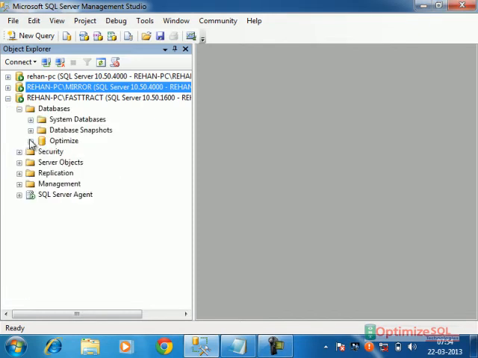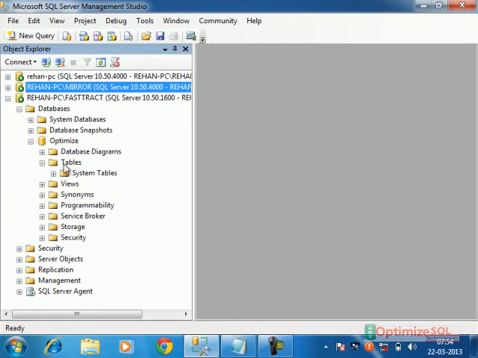Now I will go to the subscriber. The snapshot was not applied here. Which means the distribution agent is unable to connect to the subscriber. So I will create a login here.